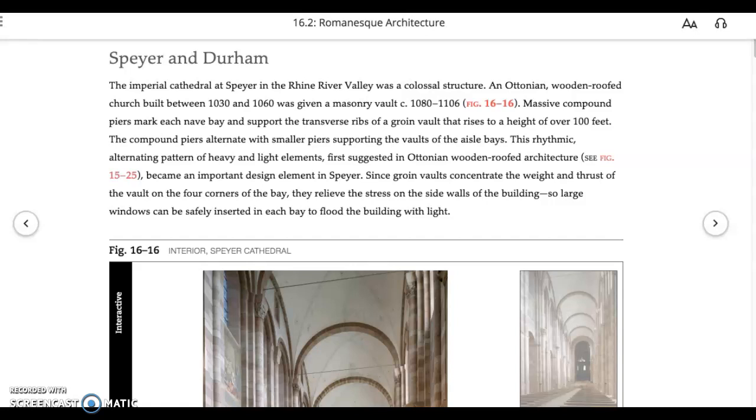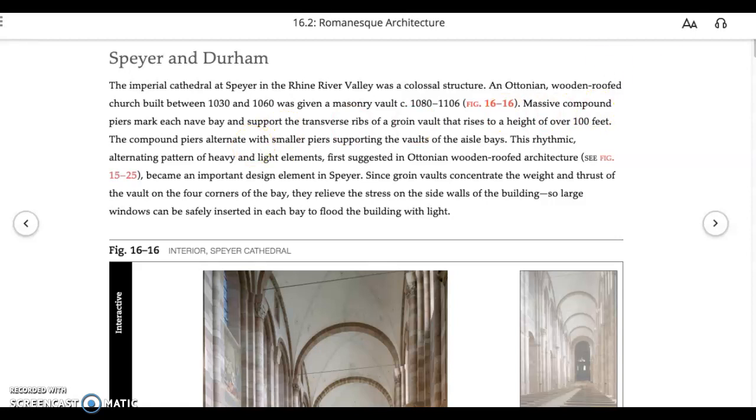Okay, so what are the textbook authors doing here? They're asking you to look at two cathedrals, one named Spire, one named Durham. This is our major focus, but real quickly, let's look at Spire in the Rhine River Valley of Germany. One of the things they've done is to just point out that it is huge, and that is important. Part of the significance of a building can be its scale and how its massiveness just thrills and intimidates people,